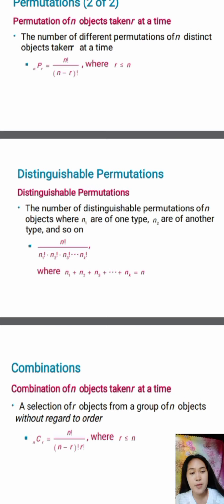Order is not important. The solution: 16C4 is equal to 16 factorial over 16 minus 4 factorial times 4 factorial, which is 16 factorial over 12 factorial times 4 factorial, which is 16 times 15 times 14 times 13 times 12 factorial over 12 factorial times 4 times 3 times 2 times 1,